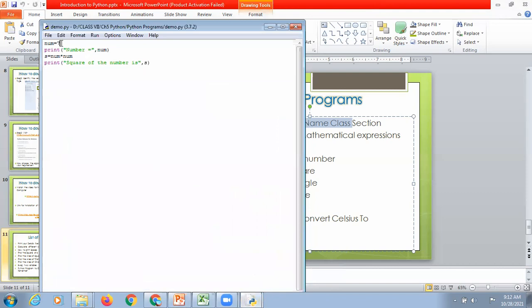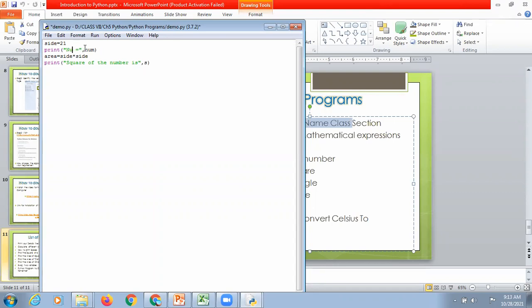to calculate the area of a square, the formula will be area equals length into breadth. Because it is a square, instead of length and breadth we have only side, because all sides are equal. So side into side is the formula. So side into side, right? And here we can write side equals 21.